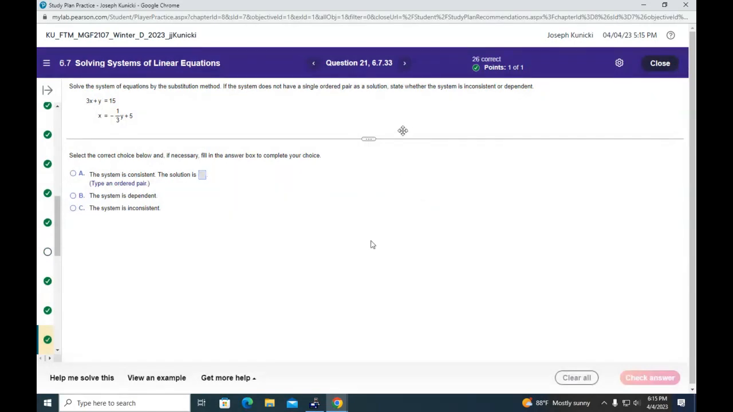3x plus y equals 15. Okay. I see something happening here. 3x plus y equals 15. X equals minus 1/3 y plus 5. So this time we have x. So we plug in 3 times x, which is minus 1/3 y plus 5, plus y equals 15. So we get minus y plus 15 plus y equals 15. When I add the y's together, I get 15 equals